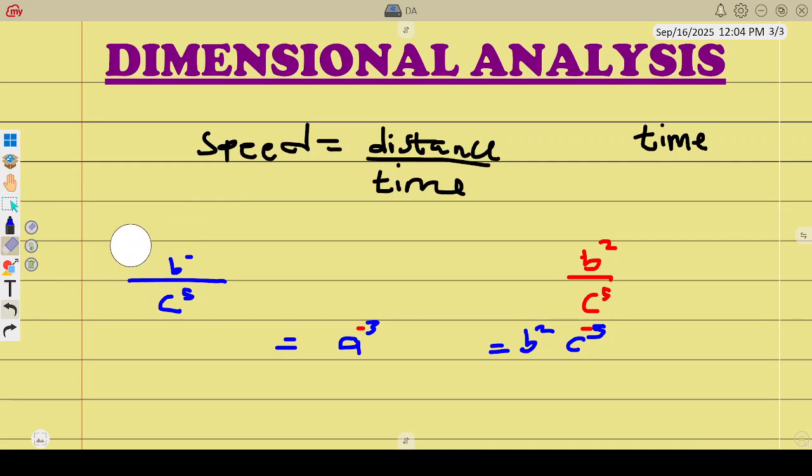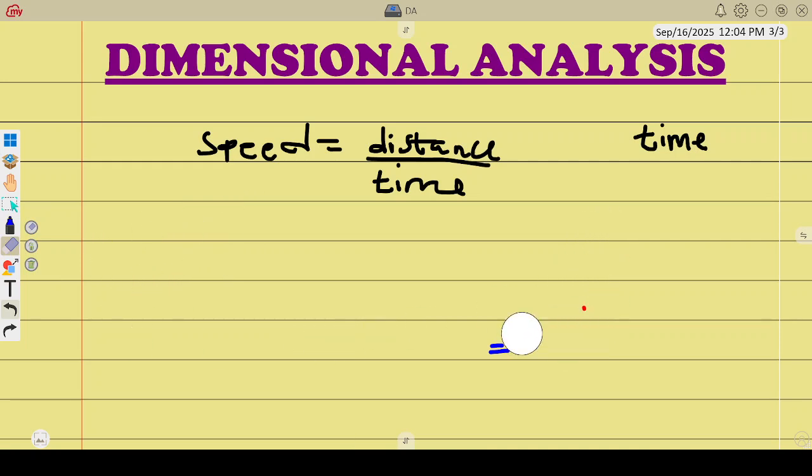So we get back to finding the units for time. We make time the subject of the formula, meaning we're going to have time is equal to distance